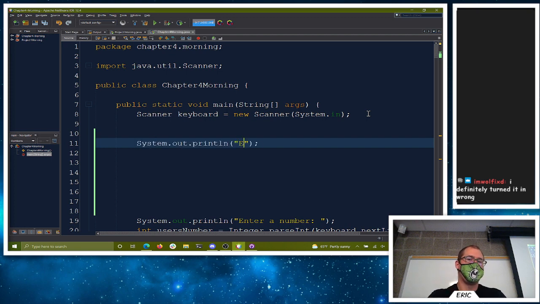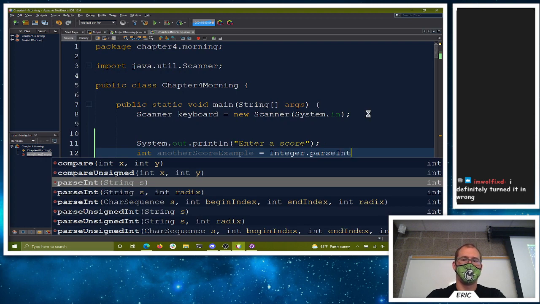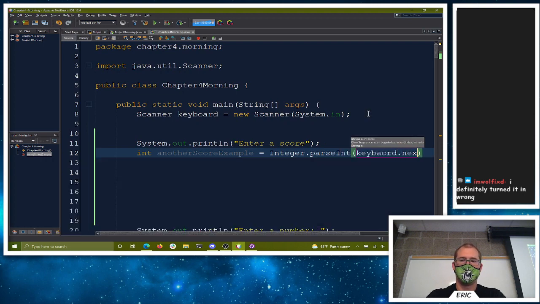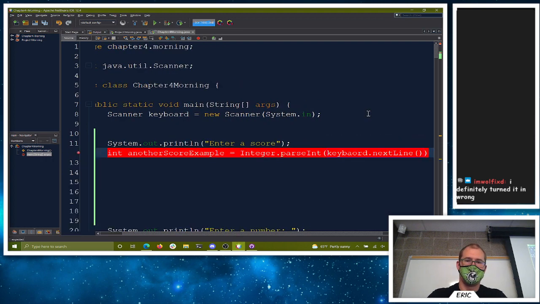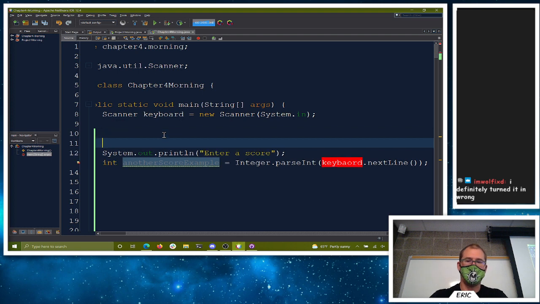So we could say enter a score, and then we'll have an int for another score example, Integer.parseInt of the keyboard.nextLine. And then we're going to have another value here.